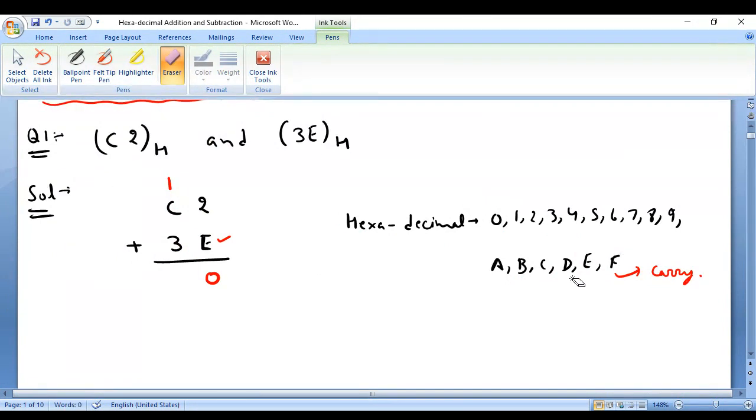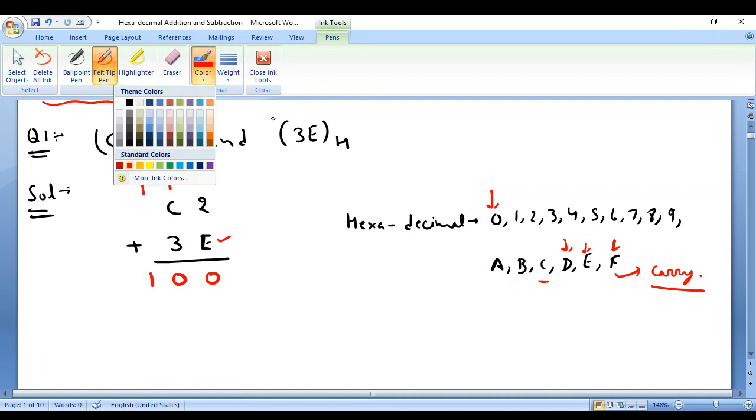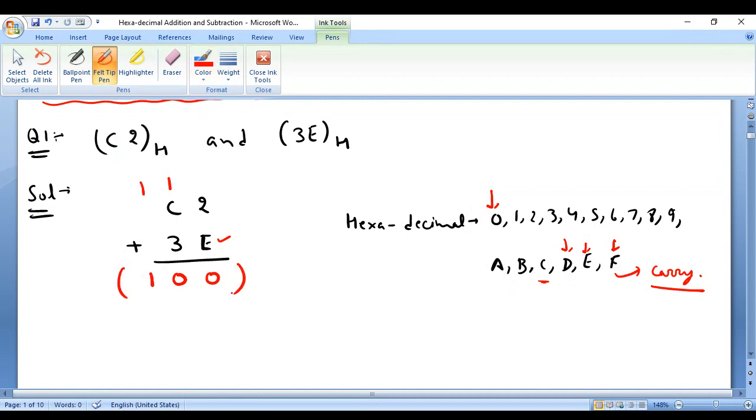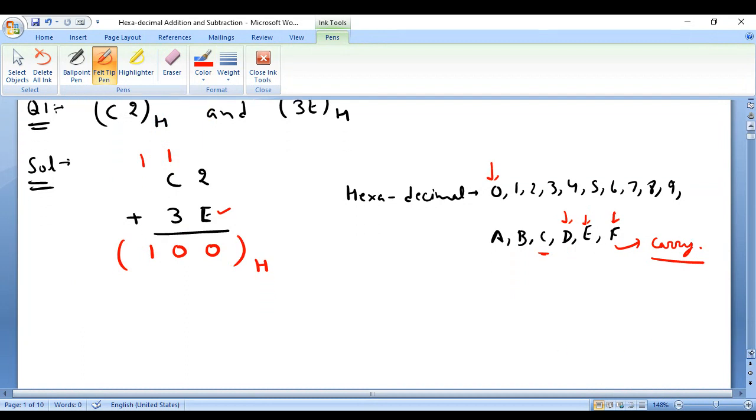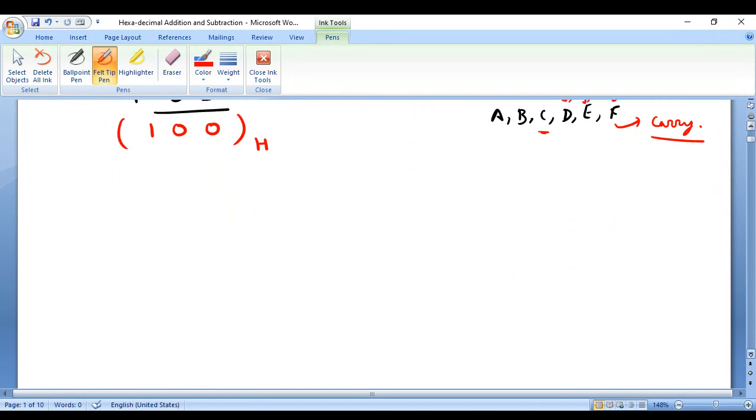I'm erasing the previous addition. Now C is there and you have to add 4. So this is the first one, this is the second one, this is the third one, and this is the fourth one. So again you will get 0. Again one round is completed after F, so again 1 will be carry. So ultimately again you will get 1 as the answer. So this is the complete answer. 100 will be the answer, and it is in which system? Hexadecimal. So either you can write outside the bracket either H or 16. Both mean hexadecimal. In some textbooks you will find H, in some textbooks outside the bracket you will find 16.